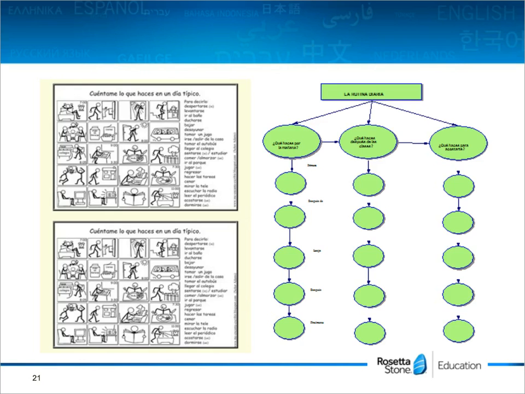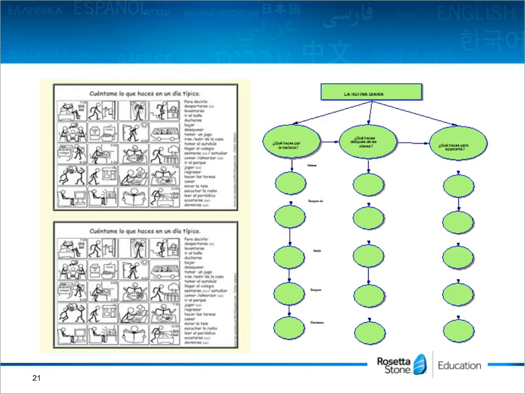The other thing you could do with this, you could have students do a writing activity. You could have them record on their computer and send it to you. There's just a number of things they can do with this. On the right side, this came from a program, I think it was called Imagination.